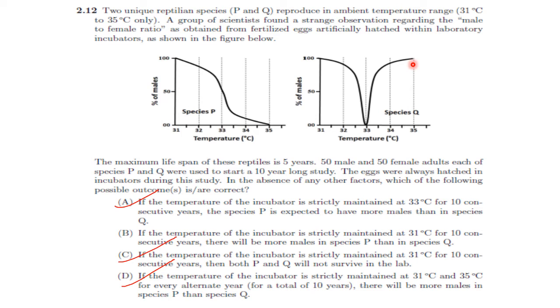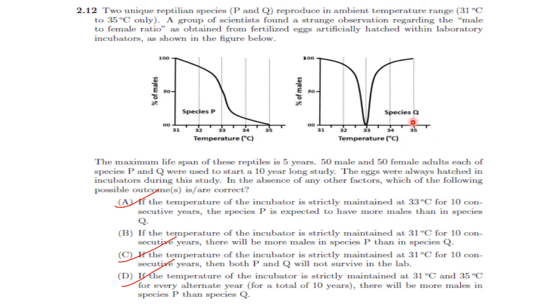Hence, if the incubator temperature is maintained like this, that is 31 degrees and 35 degrees for every alternate year, there will be more male species P than species Q, because in Q